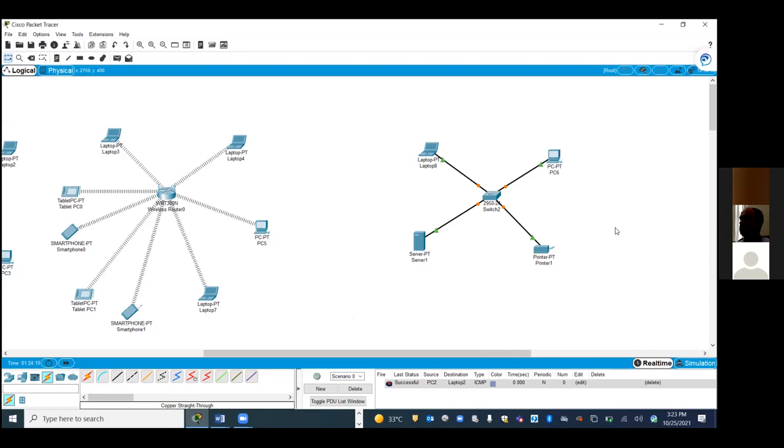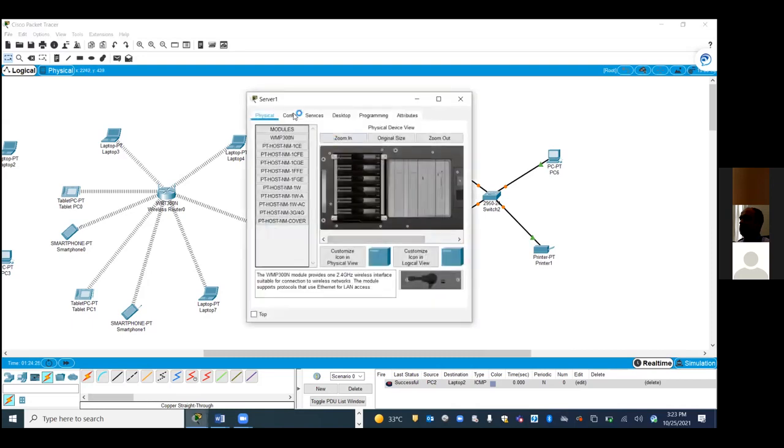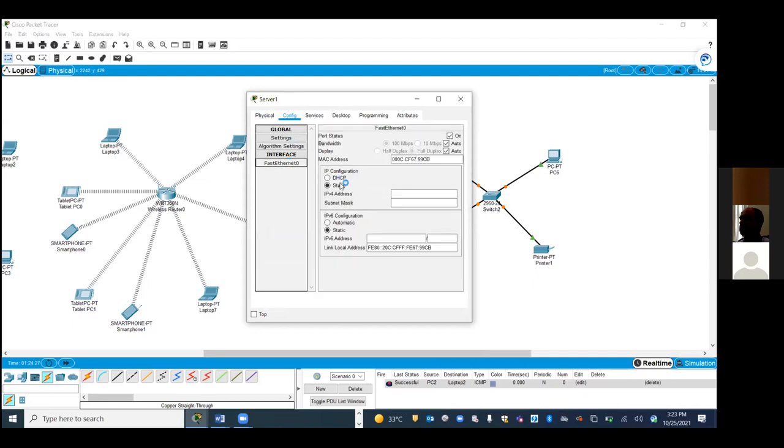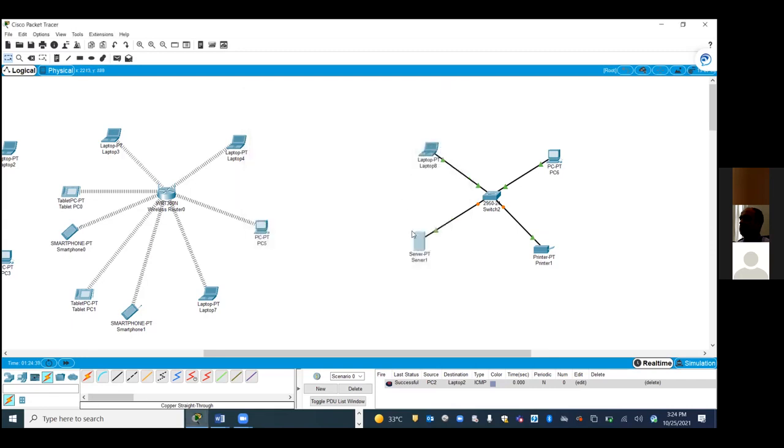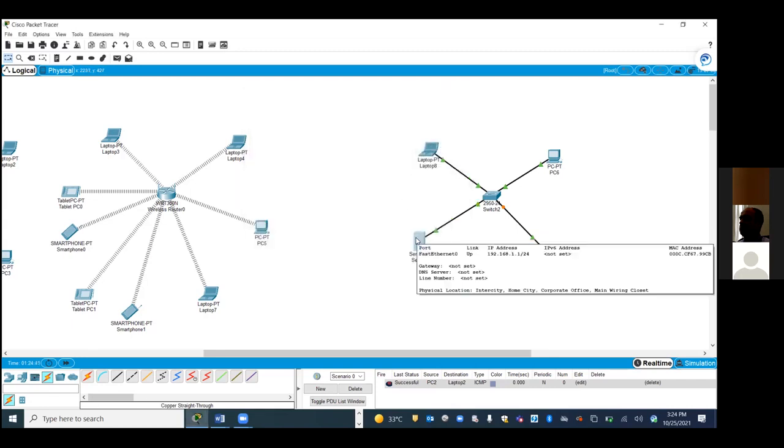Like I mentioned, for a server I should always put a static IP address, right? So go to the server, config, fast Ethernet, static. Let's put 192.168.1.1. Okay. Correct. I put the IP address for the server, right?